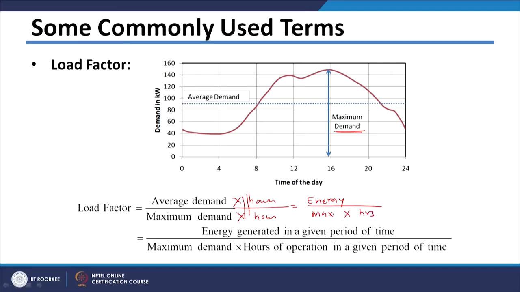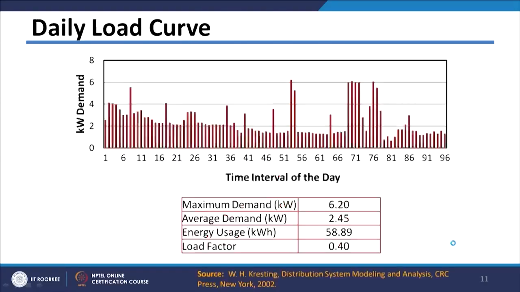So this is nothing but energy generated or consumed in a given period of time, because it is average demand multiplied by hours, and in the denominator you have maximum demand multiplied by hours of operation in a given period of time. There are a lot of advantages of this load factor. Now if you see this particular figure here,